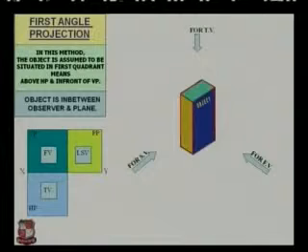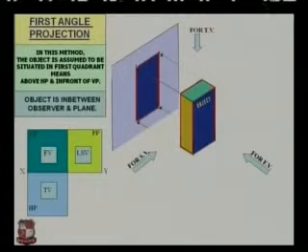The figure shows the 3D view of the object. This is the direction of the observer when we see the front view. This is the direction of the observer to see the object in the top view. This is the direction of the observer for the side view. Now, in the first case, when we observe the front view, the projection of the front view is kept on the vertical plane. This plane, in which the projection for the front view is shown, is called the vertical plane.